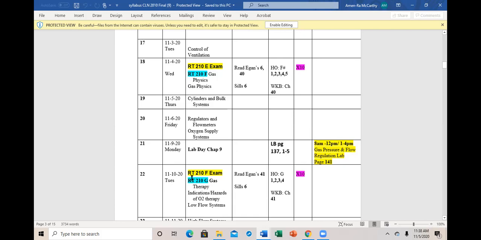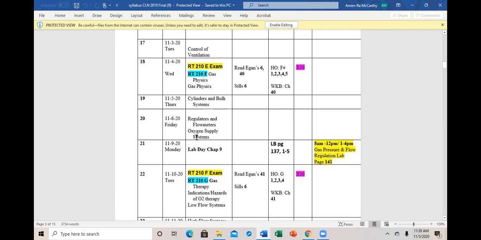Tuesday is the exam. And we will then start on gas therapy. That's actually giving oxygen and what oxygen is doing to the body and all of that. So let's get this one out of the way. It's one of the easier units, but it's some information that you can't just take for granted. So come tomorrow on time, be ready to go through this lecture. We're going to have a strong lecture all the way through the whole day tomorrow, showing you some stuff by hand, letting you work out some duration of flows and all that kind of stuff, right?